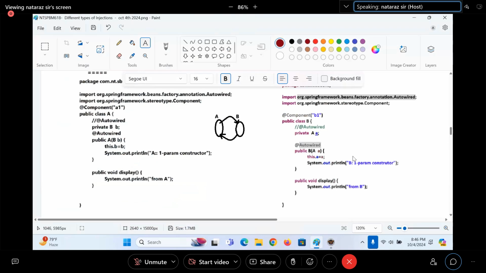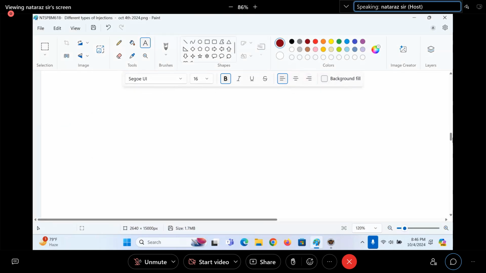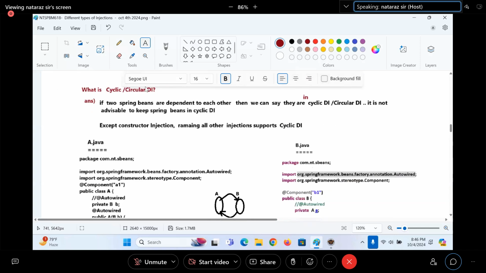Understood, guys? Through constructor injection we got an error. Through setter injection or field injection, arbitrary method, no error. I hope you understood. So all the points are given with respect to all four injections. With this, different modes of injection is completed.